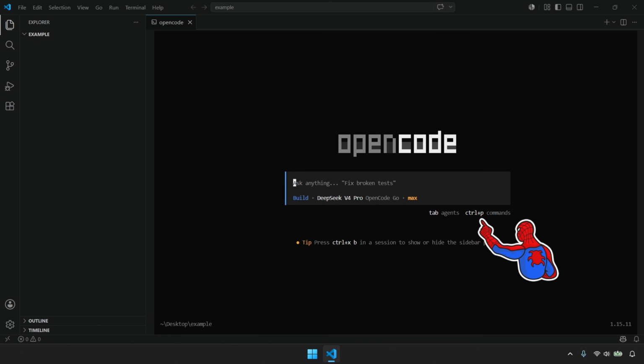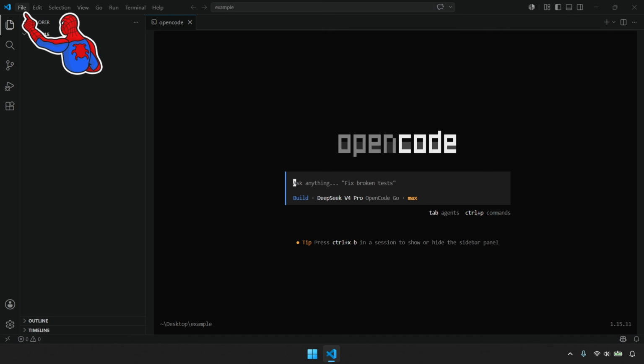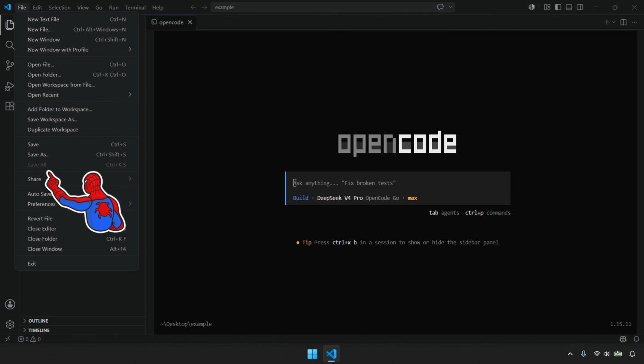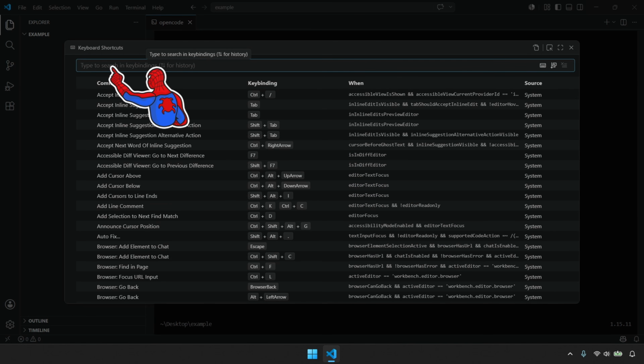Next, you can press Ctrl P to view the commands. Now, by default, if I press Ctrl P in VS Code, it opens this thing on top. So to fix this, just go to the top left corner, click on File, go to Preferences, then click on Keyboard Shortcuts. Then search for